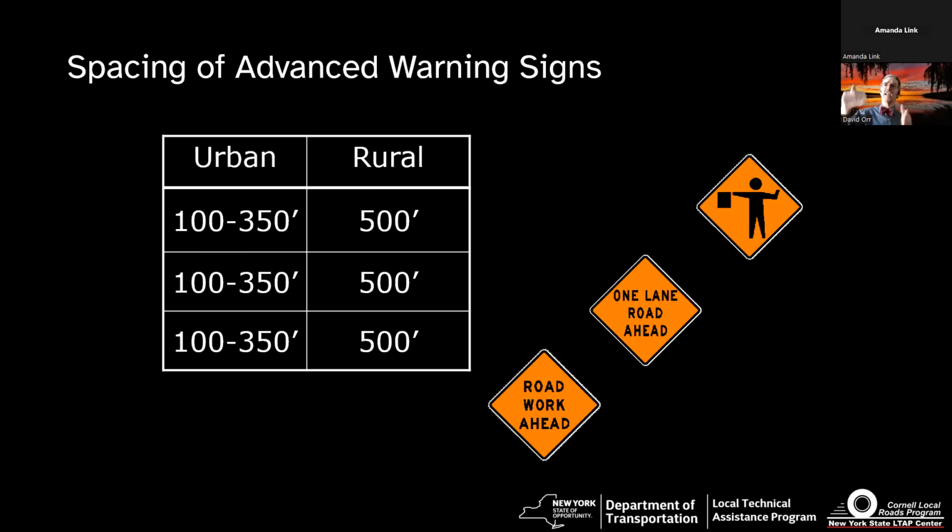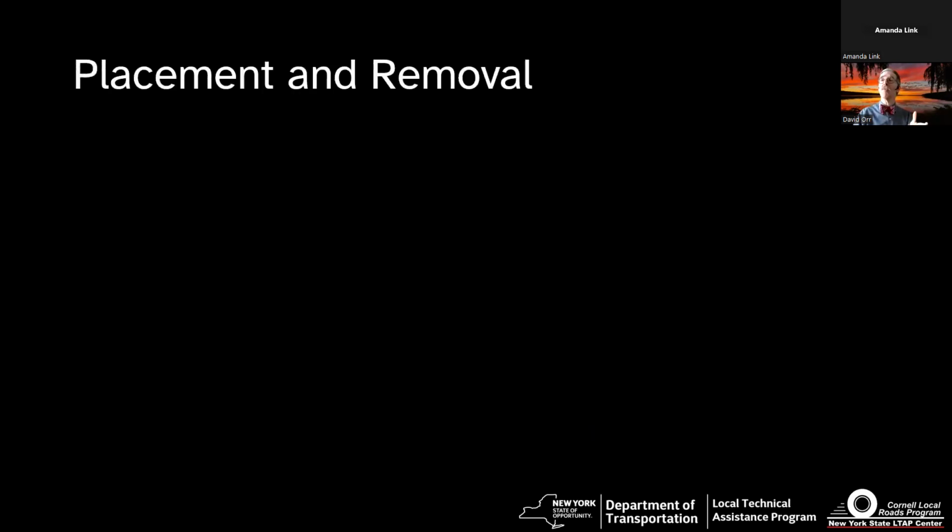Essentially, high speed, give people about 1,500 feet to react, slow down. Urban area, you don't have to have as much time. Easiest way to think about it. And again, the first sign warns of work. The second says what has changed. And the third, what action is going to be taken. Flagger, lane closed, move left, move right, things like that. Okay. And you may need to move them. I mean, there's no requirement that says they have to be exactly those distances. Those are minimums. You can always go further. You can always tuck things in, but make sure they can be seen.